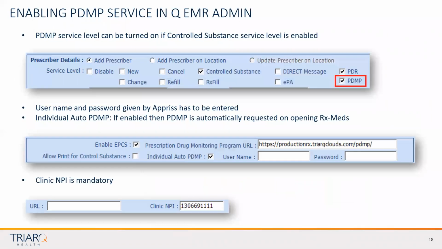This is all how you go about setting it up. Nobody needs to really pay a whole lot of attention to this. This is what we do for you. It's a service level setup regarding your prescribing rights, and there are usernames and passwords that are given to us by Appriss directly